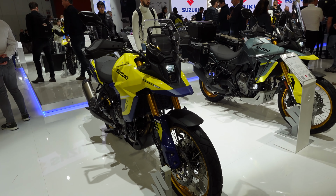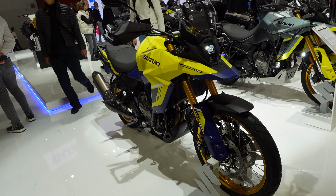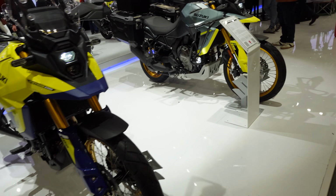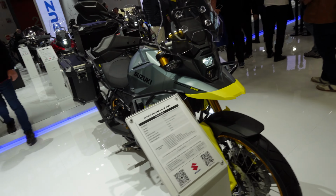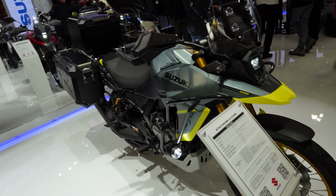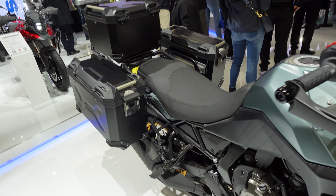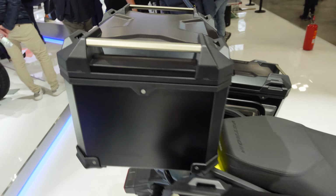Now, I know I really came here for the DRZ4S, but I should also show you what else they have. These have been shown before, if you want to check out my video from last year, but here we have the V-Strom DE in the blue and yellow. Also done up here in the grey and yellow. I mean, I think they're fine. They're just not really my sort of thing, I suppose. I know some people have gone a long way on them. If you ever checked out Lavi and Ollie, I know they went all the way around the world, 2 up